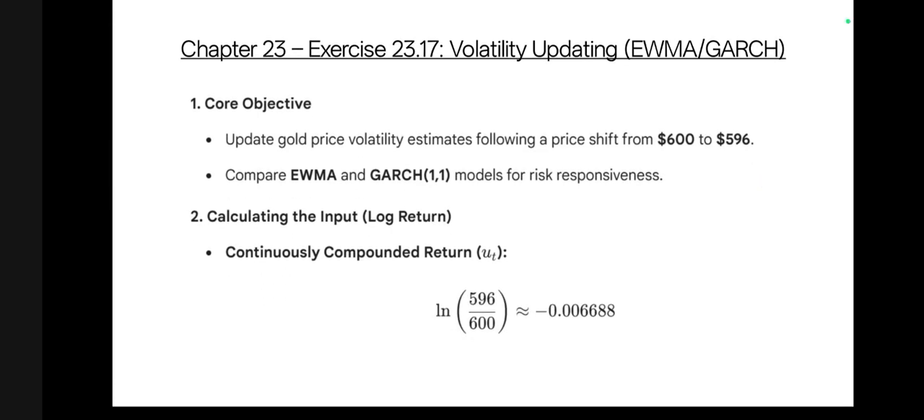In chapter 23, from the practice exercise 23.17, volatility updating. Finally, we look at updating volatility after a gold price shift from 300 to 596, which is a log return of roughly minus 0.006688. We use two models, EWMA, which reacts faster to recent news or price shocks, and GARCH 1,1, which includes